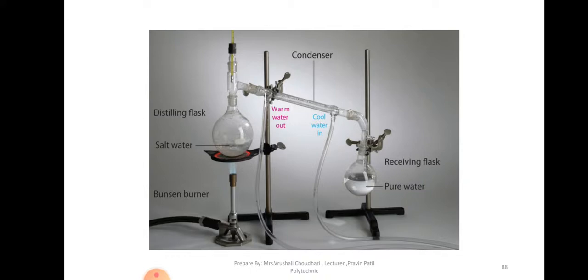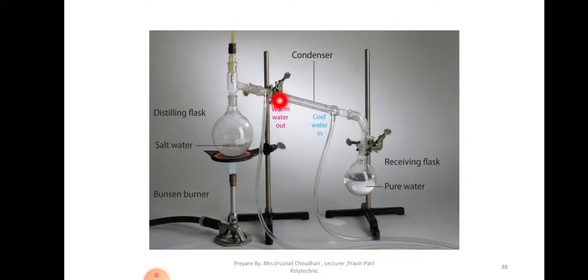I can explain this with this assembly, which is salt water separation. We are going to separate salt from water, or separate water from seawater. We want pure water, but seawater has a large amount of salt. So what we are going to do is put the seawater in this round bottom flask, and when we heat it, the salt will not get converted into gaseous form, only the water is converted to the gaseous form, and we allow that to move forward.